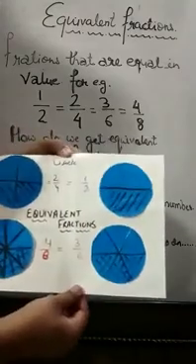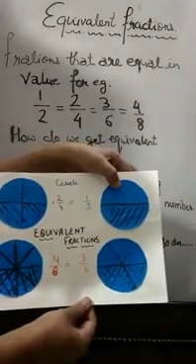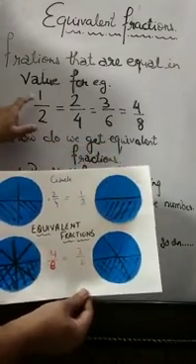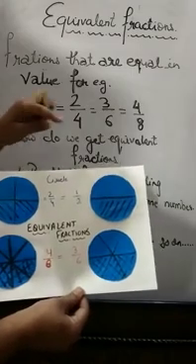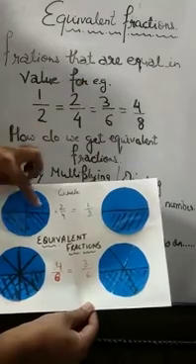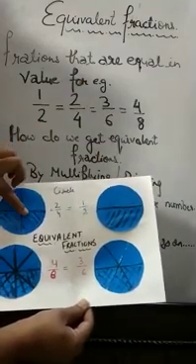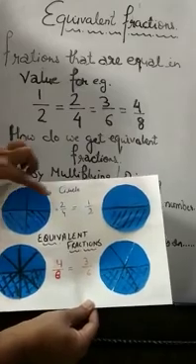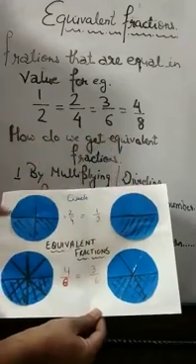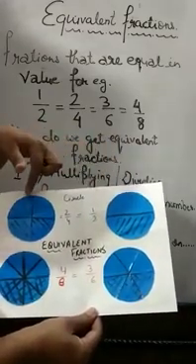Now look over here, we have different fractions. See, this is a circle which is divided into two equal parts, and we can write 1 upon 2, as we have shown here. Now in the same circle, if I draw one more vertical line, the circle is now divided into 4 equal parts, and the fraction becomes 2 parts shaded, so 2 out of 4. But otherwise, if we see the same portion, half of the circle has been shaded. So that is why we say they are equal in value.